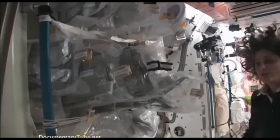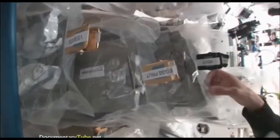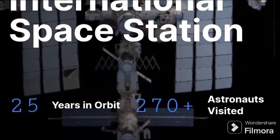Some of it is dehydrated, and so we have to hydrate it, fill it up with water. Some of it is already made, and then all we have to do is